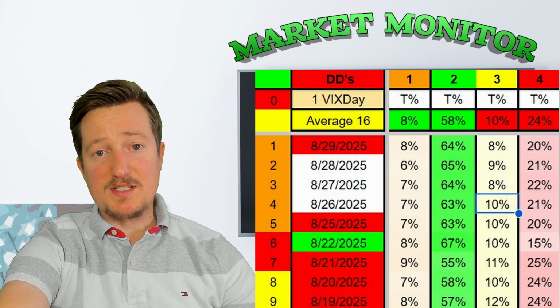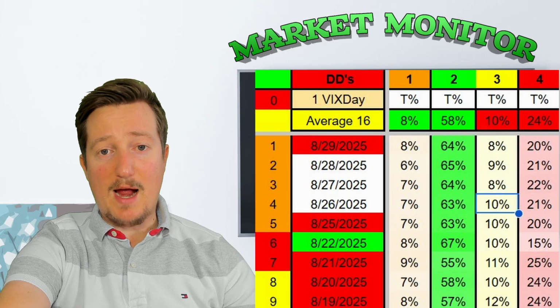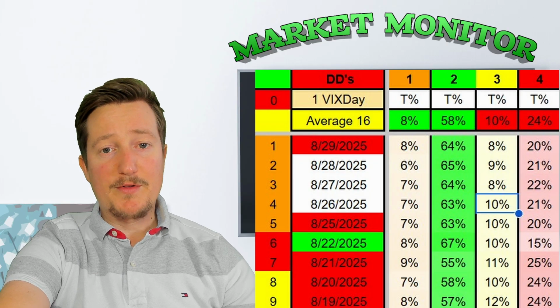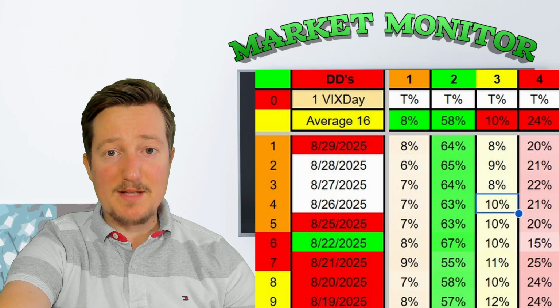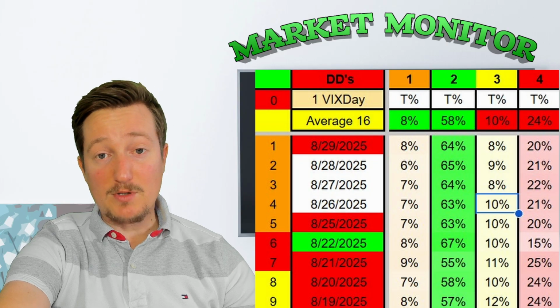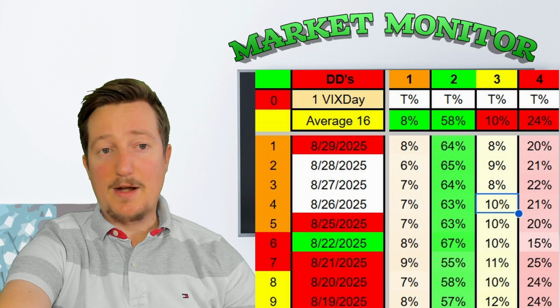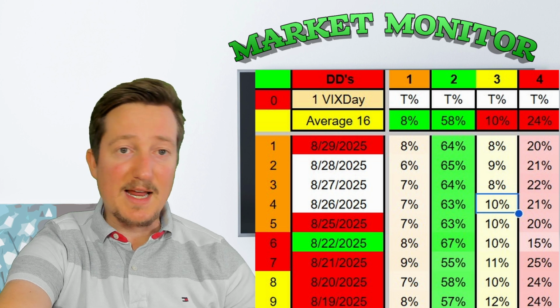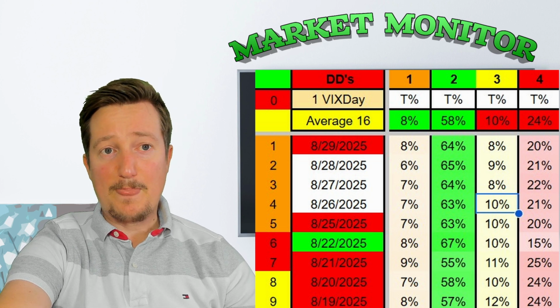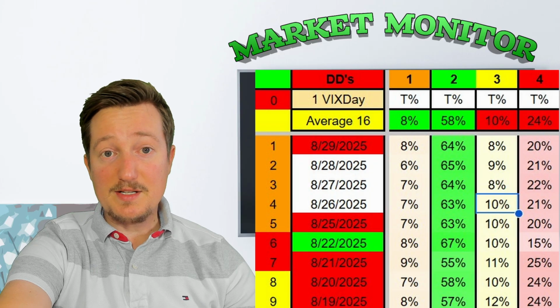All right, so this is the stage analysis. This basically tracks every stock in the market and whether they're in uptrends, downtrends, sideways after uptrends, and sideways after downtrends. And on the left, you could see the cycles and you could see the dates. So basically, what I'm seeing here is the average 16.